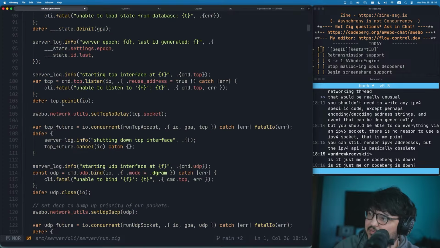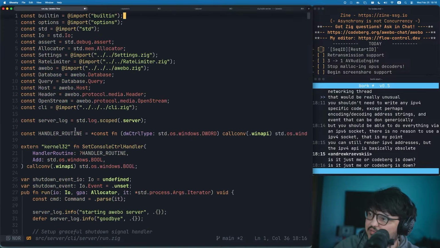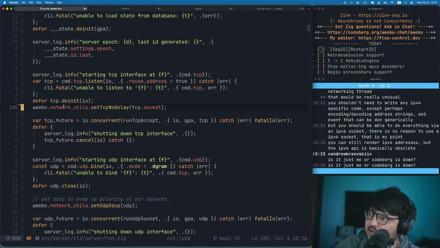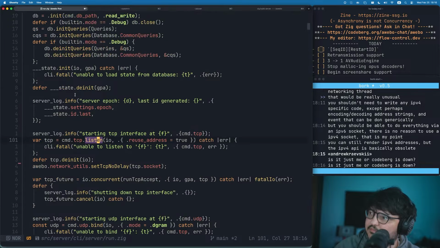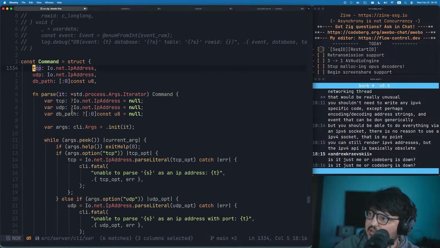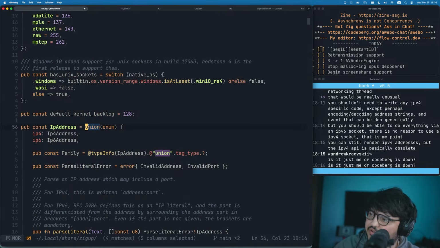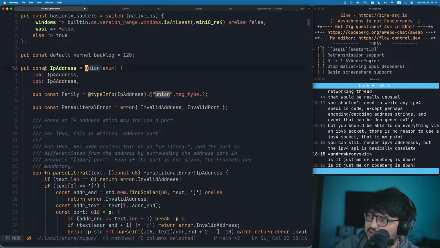Run TCP accept. Oh, but in the beginning, where we said the TCP thing. Where is it? Here. CMD TCP.listen. Okay, so to turn this, we would have to turn this into a